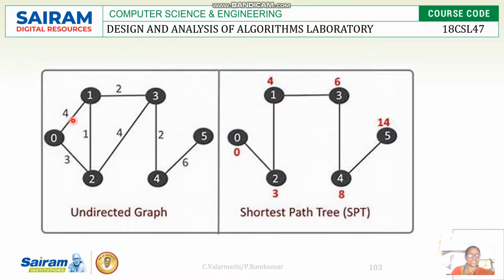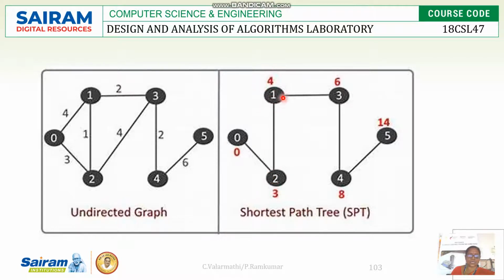When you compare the edges, which one is the lesser cost? So 0 to 2. So now we can travel from 0 to 2. That's how the connection is made. Then again you assume that this is now the source node. From this node, how many edges are connected? So from 2 there is an edge to node 1, and 2 to 3 is there. So compare the weights of these edges. Which edge has the lesser weight? This edge, right? So 2 to 1 is the lesser weight. So now it is traveled.